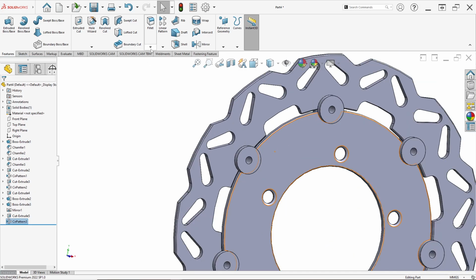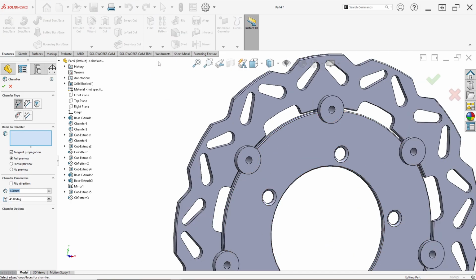Then we can apply the chamfer in here. Chamfer. The chamfer I set in 1.7.